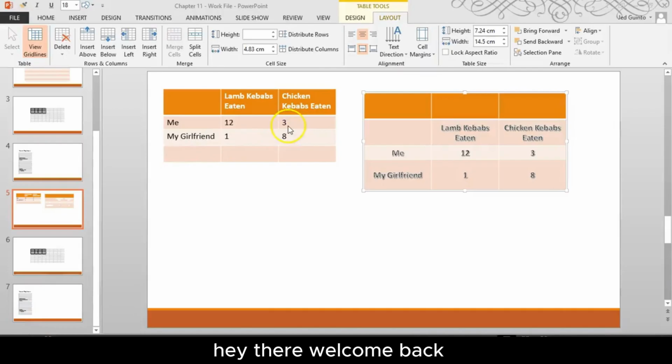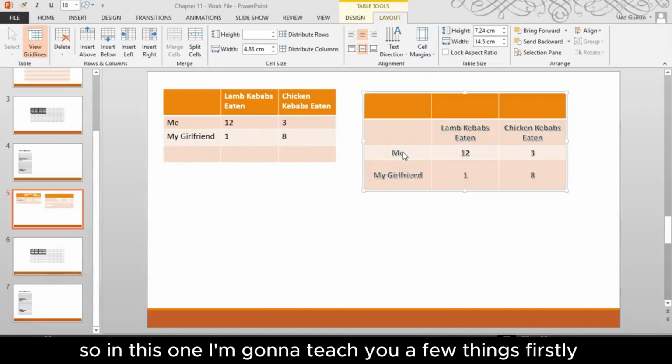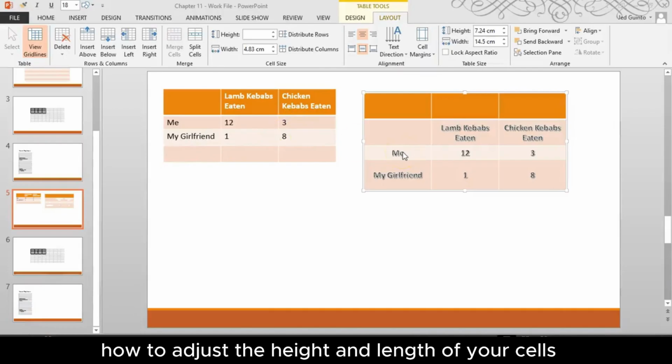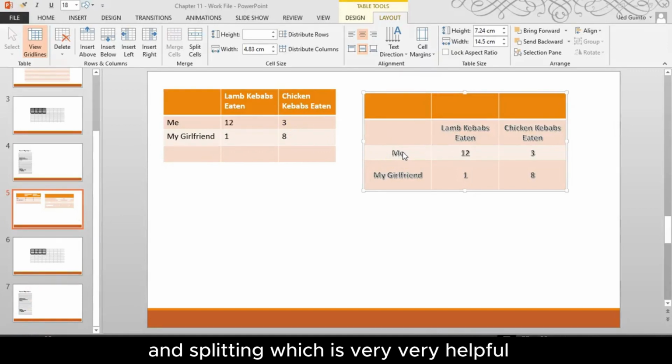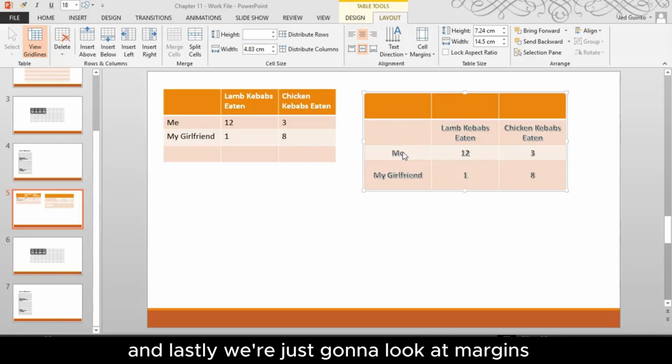Hey there, welcome back. So in this one, I'm going to teach you a few things. Firstly, how to adjust the height and length of your cells. Then we're going to do a little bit of merging and splitting, which is very, very helpful. And last of which you can look at margins. So